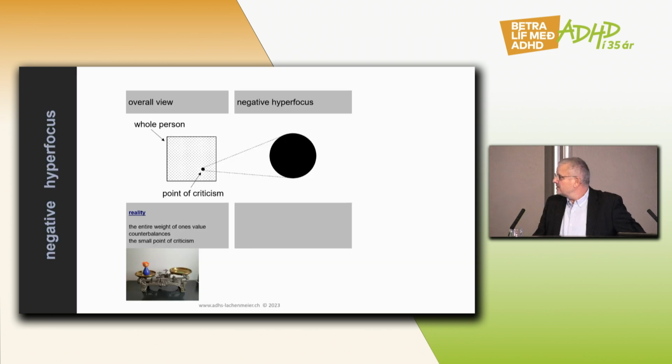You see, when this square thing would be the whole person, on the scale there is this little blue guy, and there is a point of criticism, or one makes a mistake. Of course, then that would not make quite a difference. One could look at it and see, well, this criticism is okay and I learned something, or this is totally unjust. Then we can deal with that. But if there is a tunnel vision, if there is a negative hyperfocus, then in the extreme,